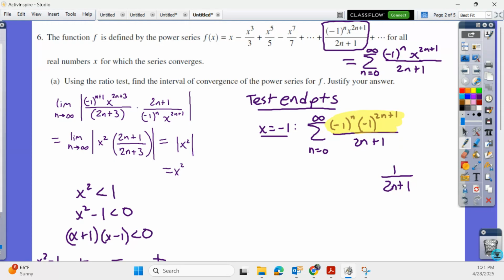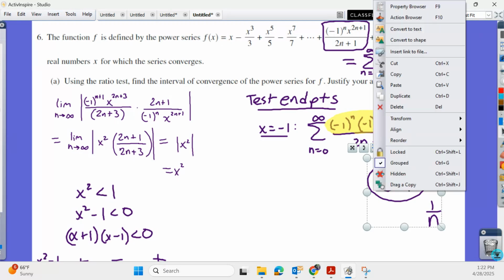And if you've done a lot of series convergence testing, hopefully you see this and think, hey, that smells like the harmonic series, 1 over n. You could factor out the 2, and then you could do a limit comparison test, and it would work. We know that the harmonic series, 1 over n, diverges. But the alternating harmonic series, if that is an alternator, the alternating harmonic series converges. Very common with these kind of power series problems at the endpoints to have this come up, where it's either the alternating harmonic series or not alternating harmonic series, in which case, that tells you whether the endpoint works or not. So that's what we need to figure out is